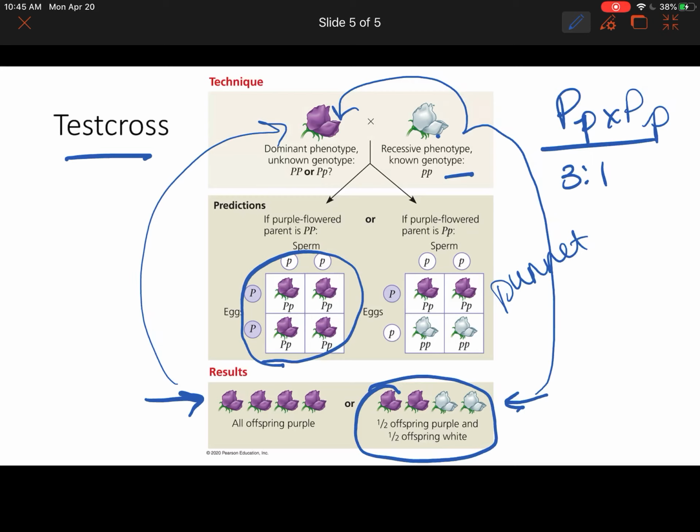And what we're going to talk about in the next lecture is how to set up these little boxes called Punnett squares. Now, chances are you've done these before, but since I am not looking at your faces and I don't know for sure who has learned what, in the next lecture, I'm going to go through Punnett squares as if you don't know how to do them. And there will be opportunities within the next lecture for you to pause